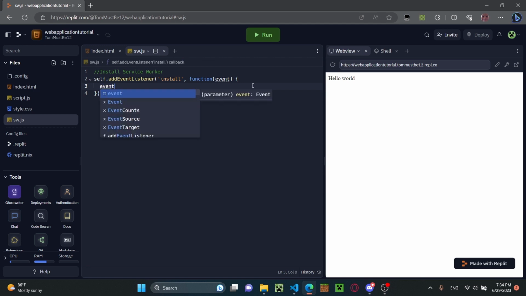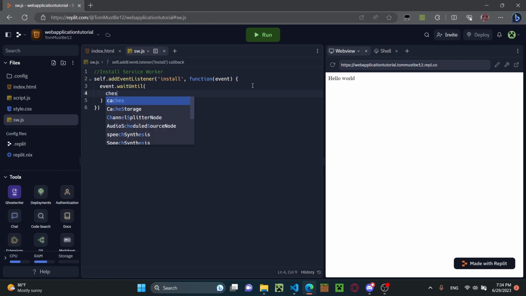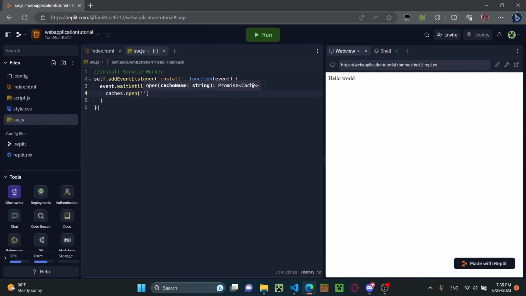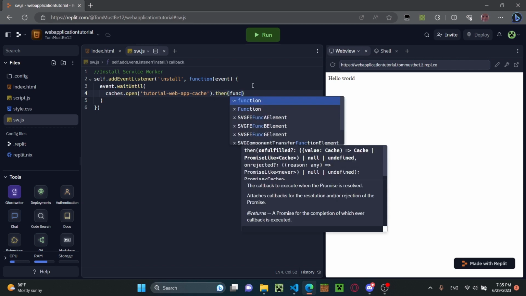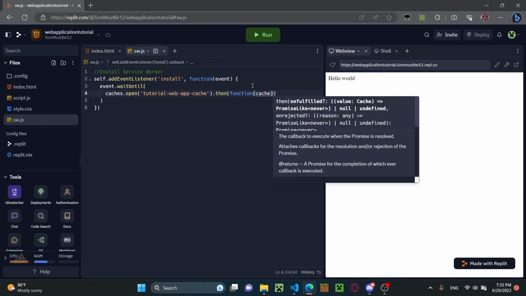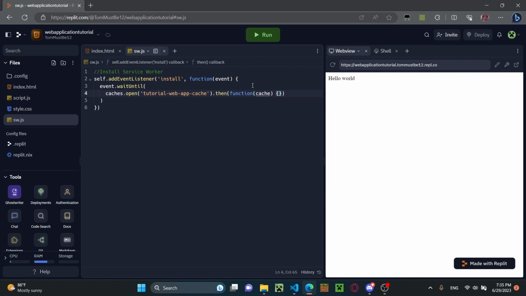And then we're going to do event.waitUntil, and we're going to do caches.open. And right here you can put whatever cache name you want. For me, I'm just going to do tutorial web app cache. And then I'm going to do .then function cache. And then right here, what we're going to do is we're going to put another curly bracket, and then right here we're going to do